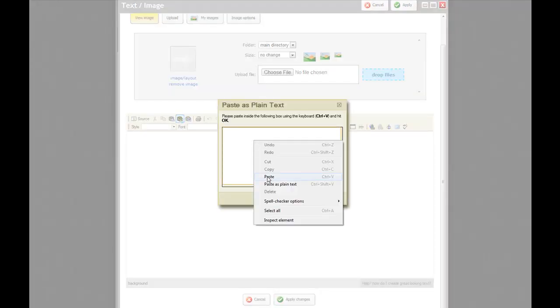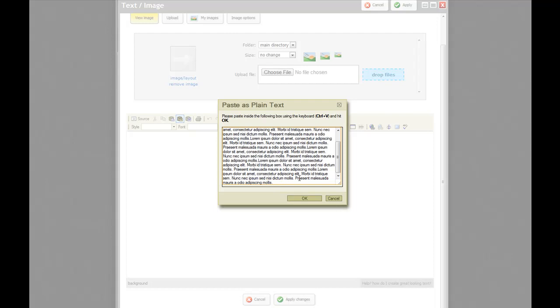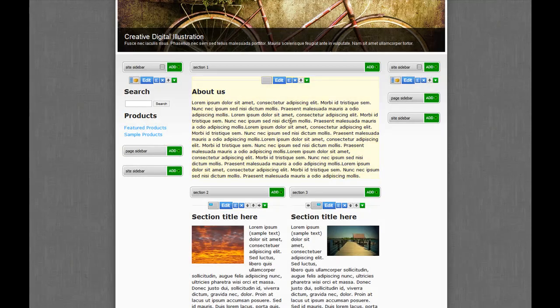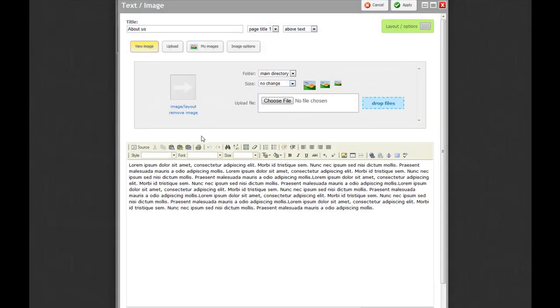A couple ways to paste it. You can paste it as plain text just like that, and if you're going from Word, you want to paste it in plain text so it comes out nice and clean. Okay, and we've got a little indent there. Click here and then click apply. Now there is your content. But if you want, you can click on edit,